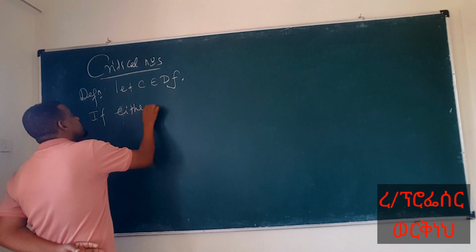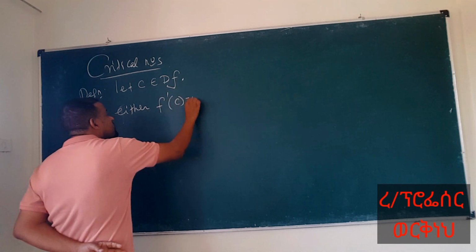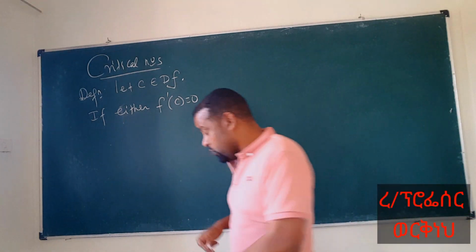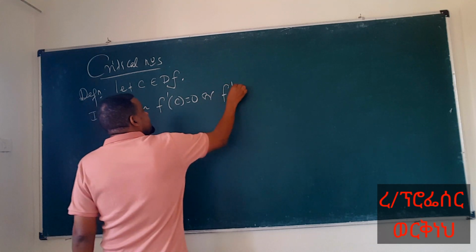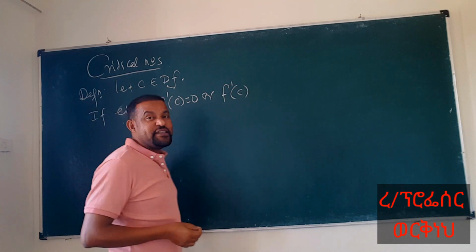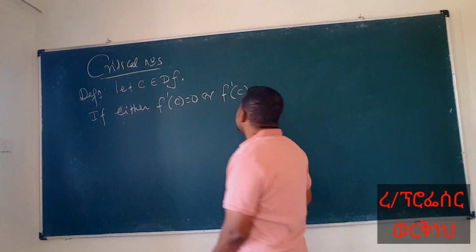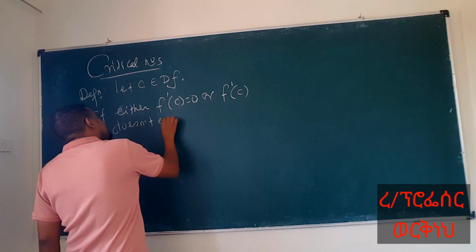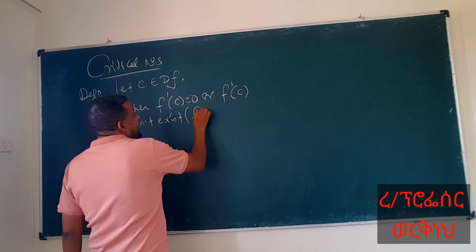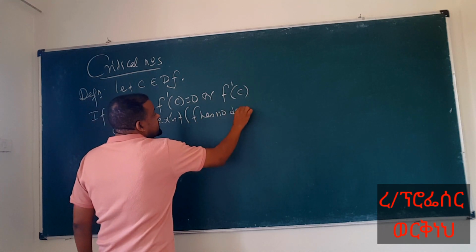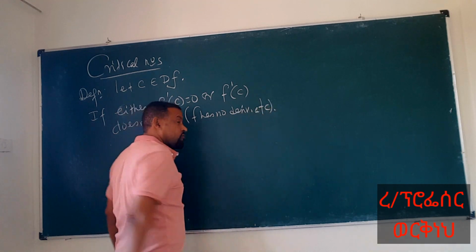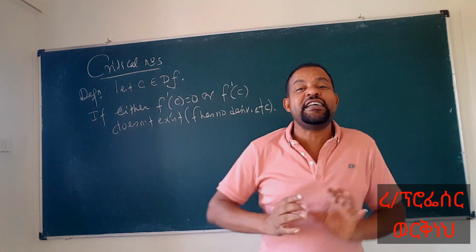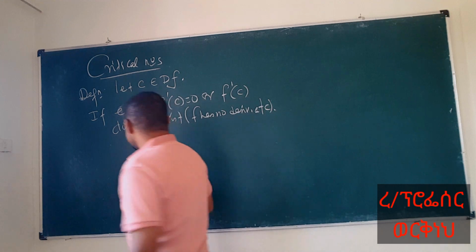either the first derivative at c is equal to 0, or the first derivative at c doesn't exist, that means f has no derivative at c. If the first derivative at c is 0, or the first derivative at c doesn't exist, then